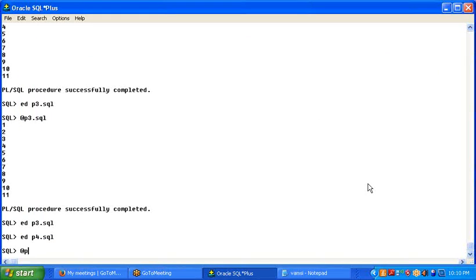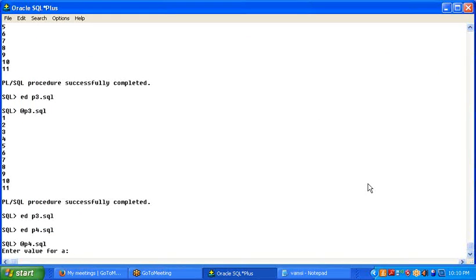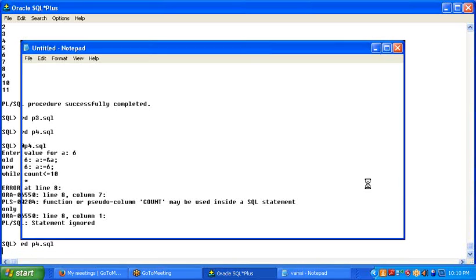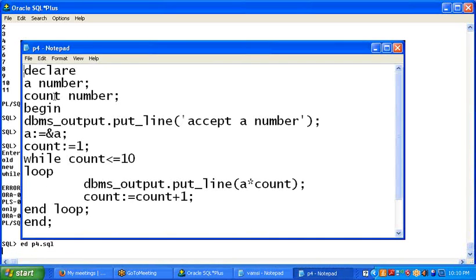At the rate P4.SQL. Value, suppose I want 6. It's showing error. What? While count less than equals to 10. Error: function or pseudo column count may be used inside a SQL statement. Okay, so it's saying that this particular variable is not right. In place of count, if I'm using C, then it should work. So C equals to